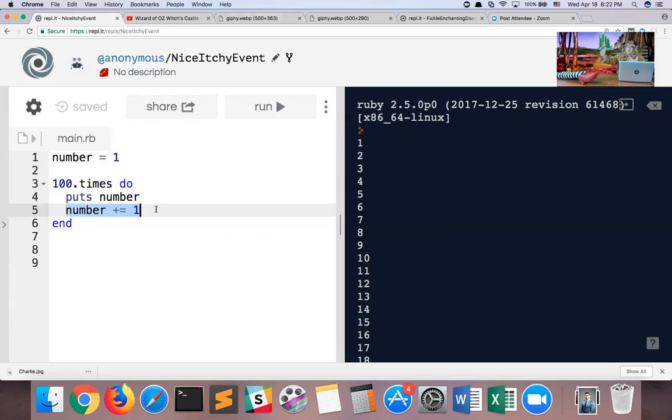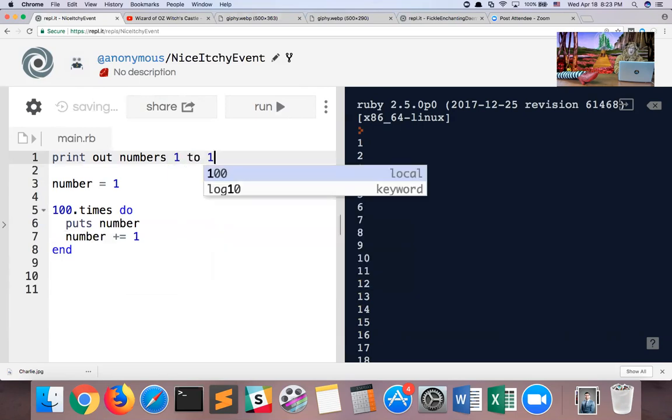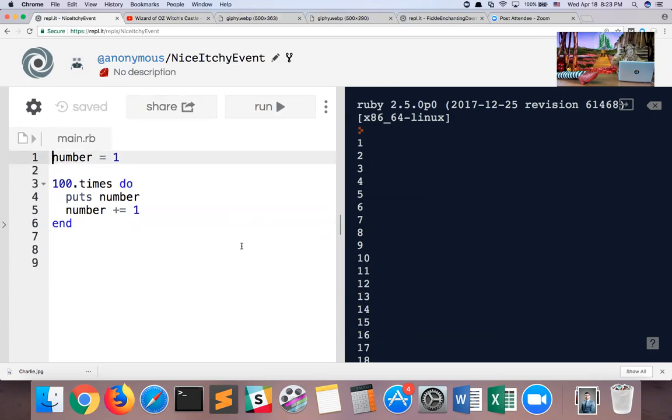When communicating with another human, if I were to say, hey buddy, can you write out the numbers 1 to 100? They'd probably look at me funny, be super annoyed, but if they had to do it, they would do it. You cannot tell a computer to do that. I can't type in the words here to say, print out numbers 1 to 100. Ruby will not understand that. Instead, we have to go through these wonky literal instructions to basically trick the computer into printing out numbers 1 to 100. Even when the computer is running this code, it doesn't even know what it's doing. It doesn't know that it's trying to print out numbers 1 to 100.